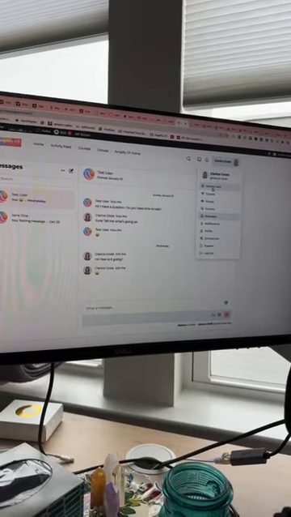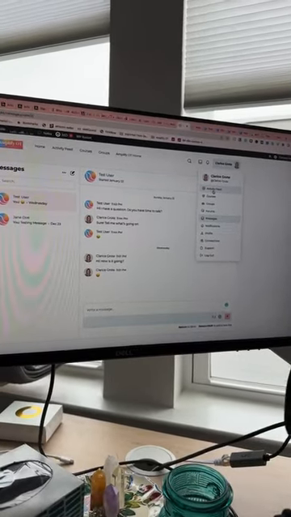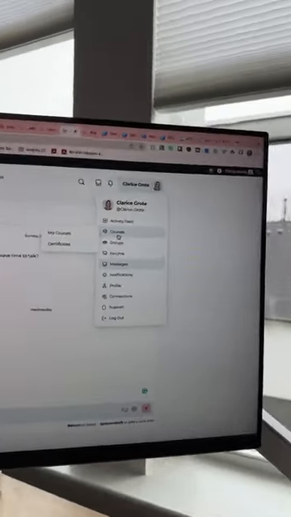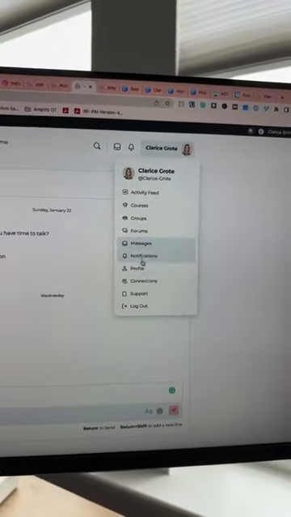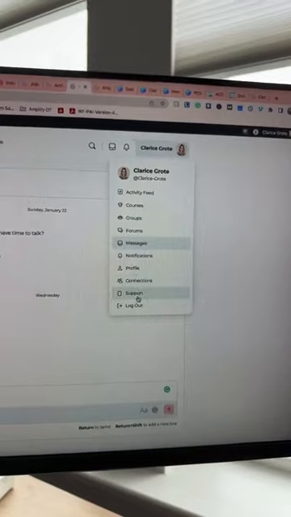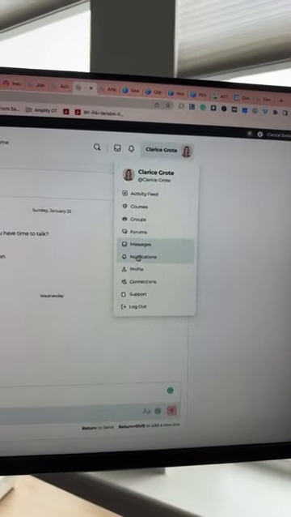Here in the profile, people can access anything that they need to. So, let's zoom in here, you have courses, groups, forums, messaging, your notifications, profile, connections, and then support is just like a contact page. So I want to show you the profile though,